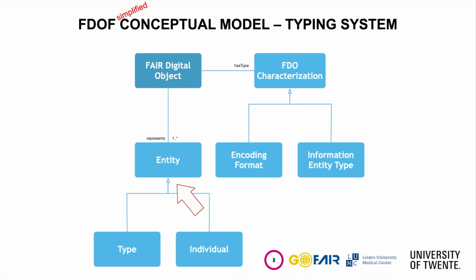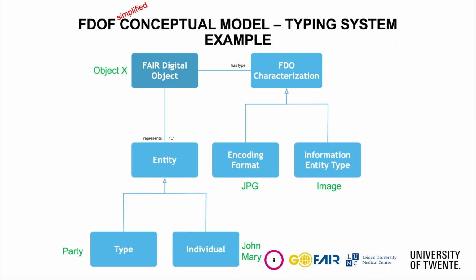To better understand this, here are two very simple examples. Of course, we can elaborate and have more complex ones with more elements, but just to give an idea, here we have the object X, which has the informational role of an image and is encoded in JPEG. This object refers to or represents a party that John and Mary attended. So we have a photo of a party, and then we have John and Mary attending a party, which is an event, and so forth. In another example, we have the object Y, which is a data set encoded in XML and represents gene-disease relationships.